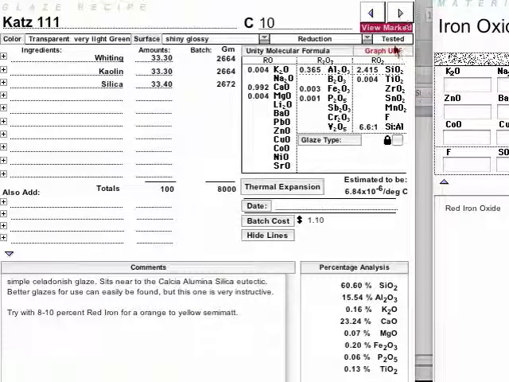Katz 111. This is not a rivulated glaze. This glaze is a true celadon. It is in here because it's the closest thing to these glazes that's clear and acts like a glass and has no rivulets. If you look here, the silica's